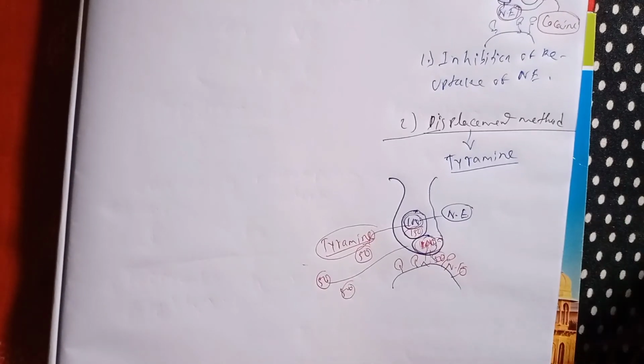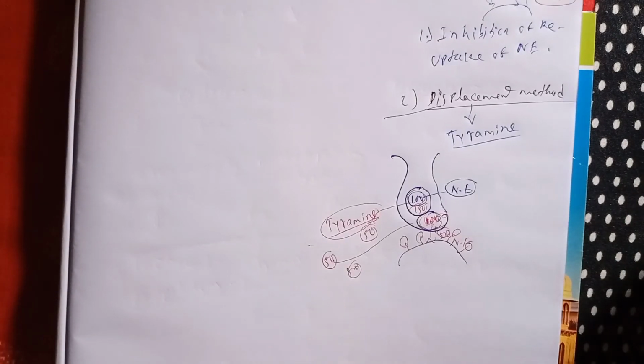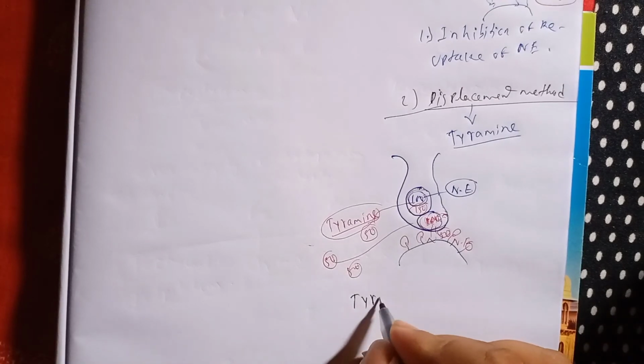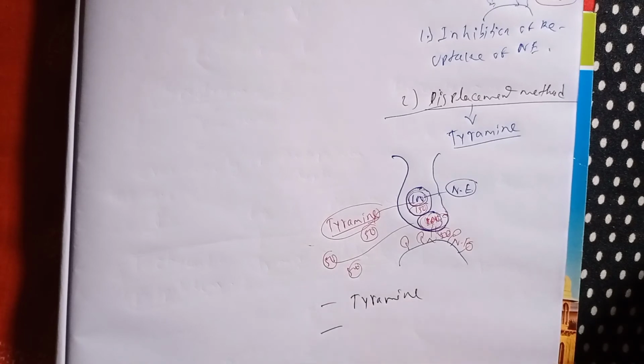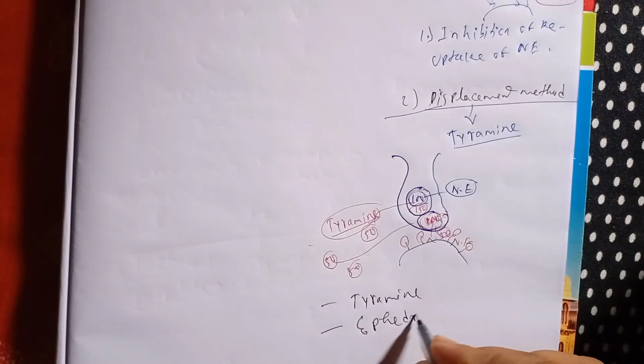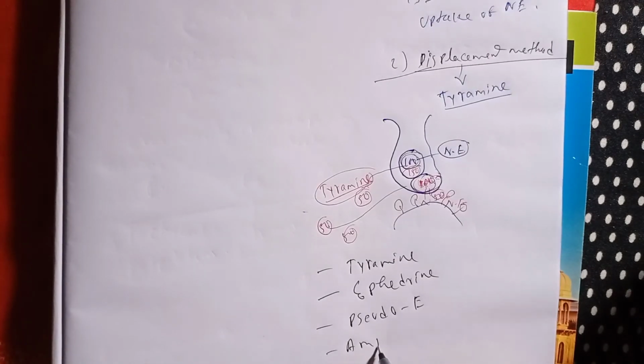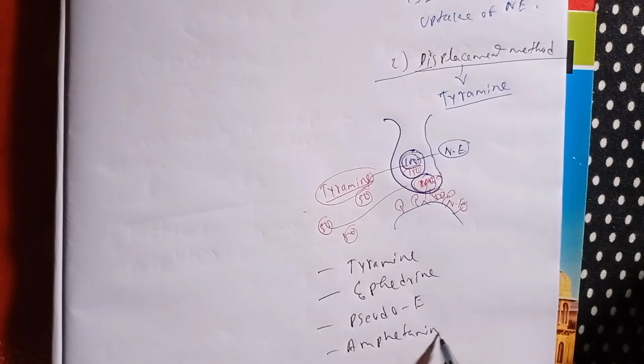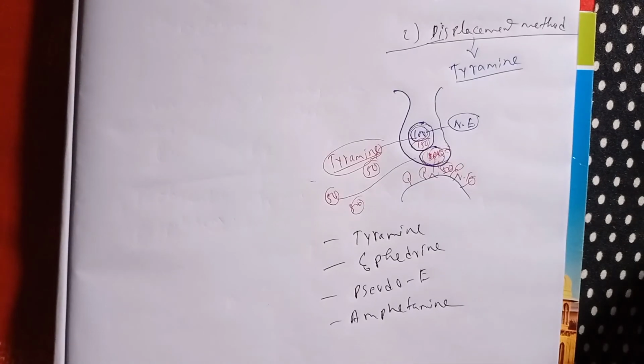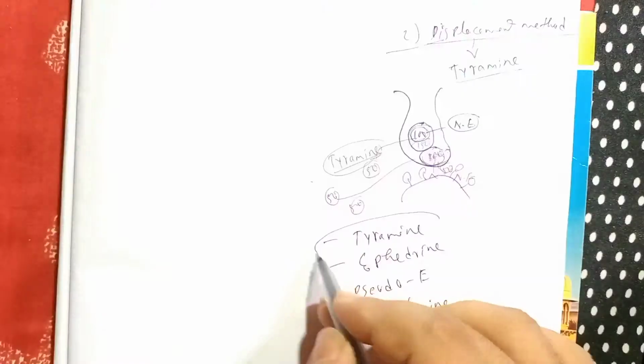Okay, now like the tyramine, we can use some other drugs. We have to know the names of the drugs out here. So the first drug was tyramine. You can make mention of other types of drugs like ephedrine, then you can use drugs like pseudoephedrine. I'm writing E, it means pseudoephedrine. Then of course, lastly, we can use the drug amphetamine. We need to have the concept regarding these 4 drugs and their uses. We already made mention of the tyramine, no need to say it again.